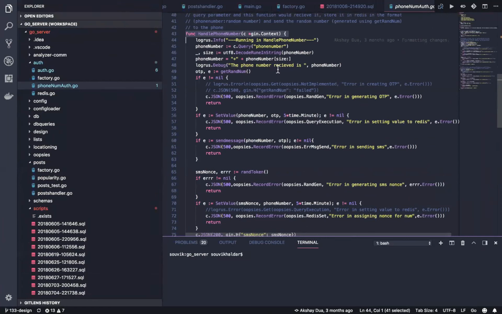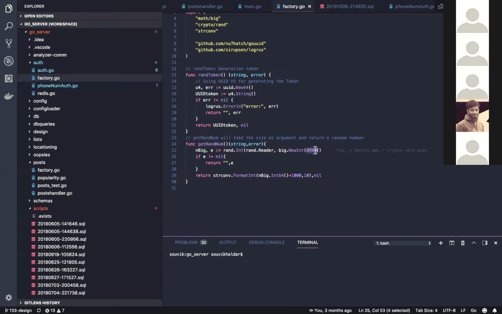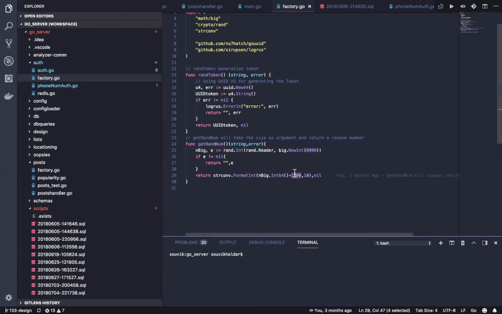When you get the phone number, the first thing that you do is you generate an OTP corresponding to that. What I mean by that is that I basically used this rand function of Go to create a four digit random OTP. For that, I was trying to get a random number till 8999, and I was just adding 1,000 to it. So even if it's one, it will be four digits, and even if it is 899, it will still be four digits. So in that way, although it is not much secure, this way I was creating a random four digit number.